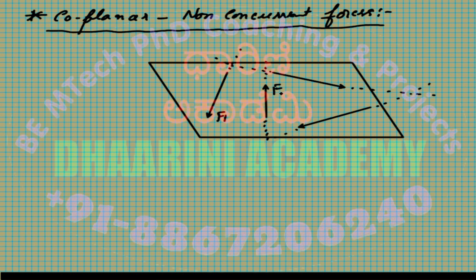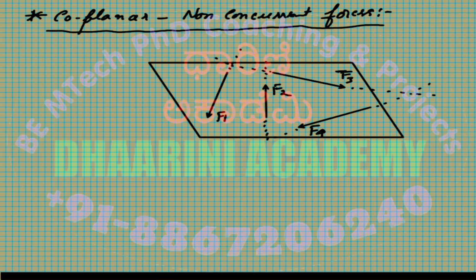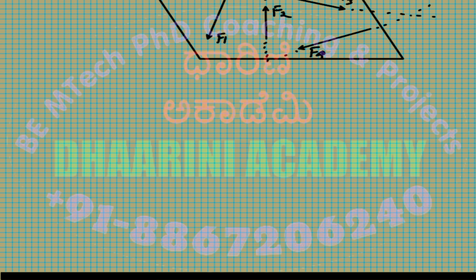All right, F1, F2, F3, F4, etc. Now, how to find the resultant in such a case, right? So we have a similar formula like yesterday, but it gets extended. Some more points need to be calculated before we come to the conclusion of how to find the resultant. So for a coplanar non-concurrent force system,